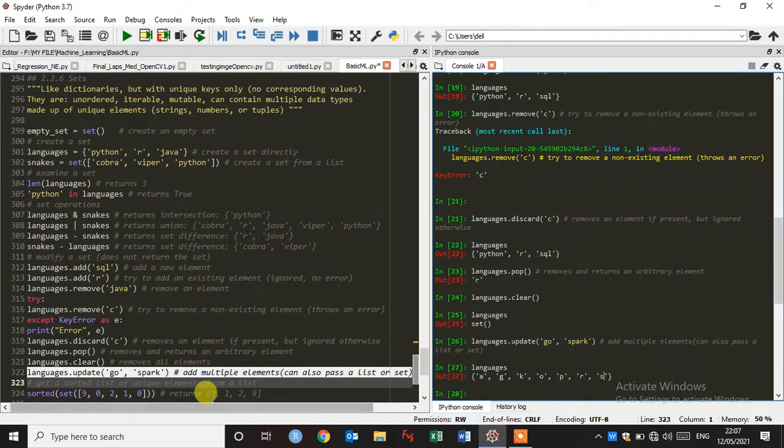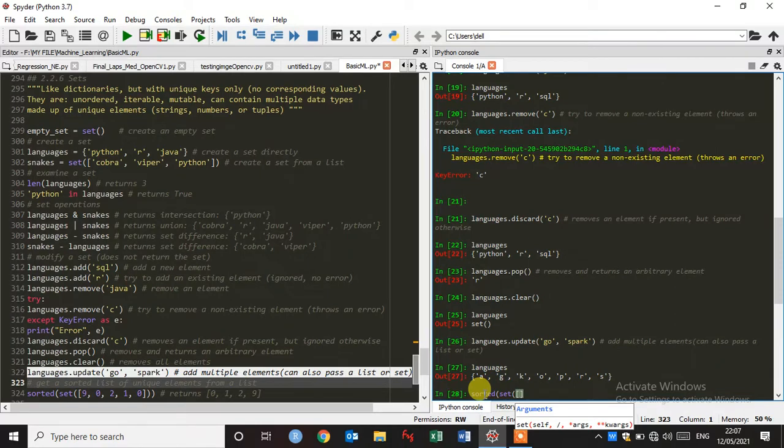Suppose we want to sort the unique elements from a list. So how to do it? As I've given here, sorted, just very simple. How to sort in Python? Very simple. Okay, set and bracket.